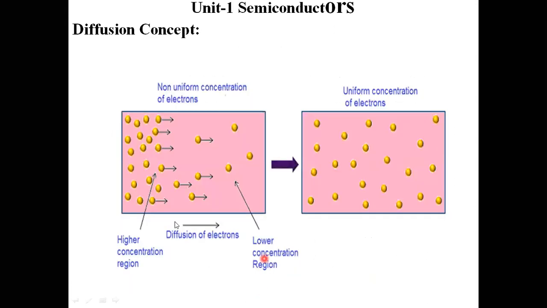I am considering some uniformly doped semiconductor material. Then the electrons which are present in the high concentration level will travel to the low concentration level. Due to that traveling of electrons from high concentration level to the low concentration level, the uniform distribution of all the charge carriers will take place here. Then I am going to obtain the flow of current due to these electrons. That current is taking place mainly because of the diffusion process. Therefore I can treat this current as diffusion current.